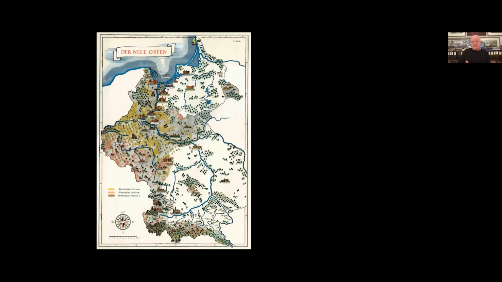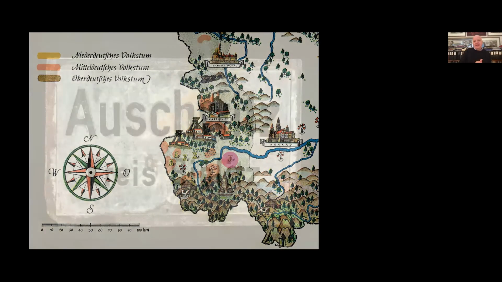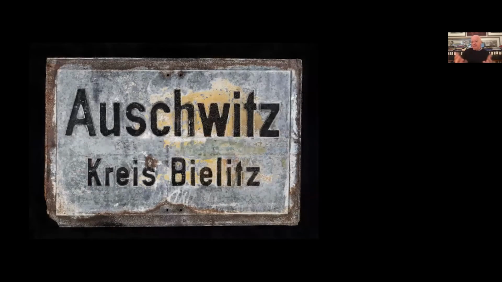Important to remember that when Germany annexed Western Poland in October 1939, which was called the New East, the Neue Osten, in the area that it annexed in Upper Silesia, the town of Oswiecim became officially part of the German Reich, like Katowice and also, of course, Lodz, Litzmannstadt, but Krakow became the capital of the General Gouvernement. And so Auschwitz becomes a German town now.